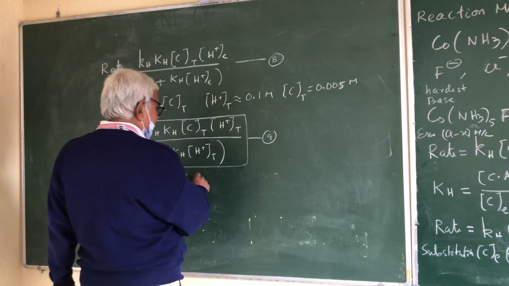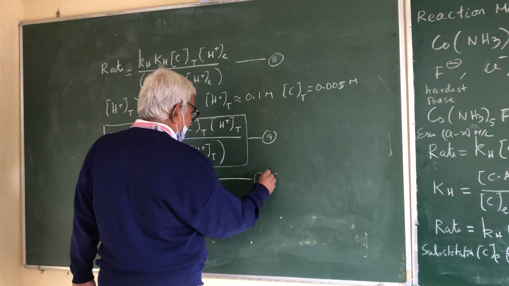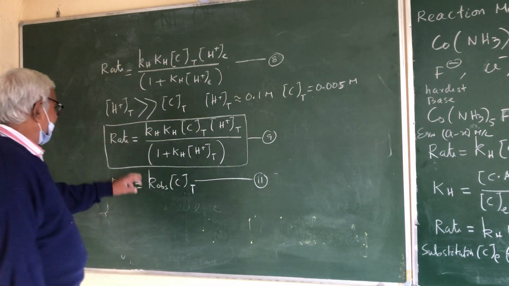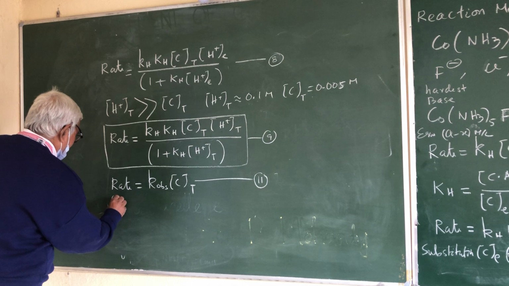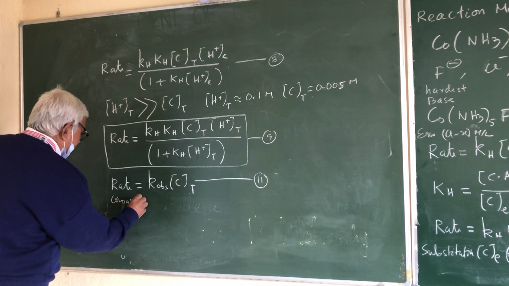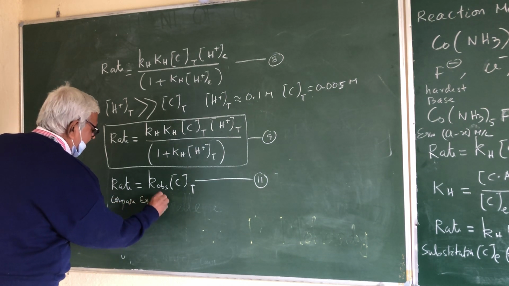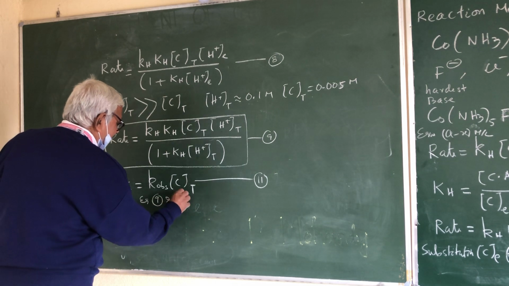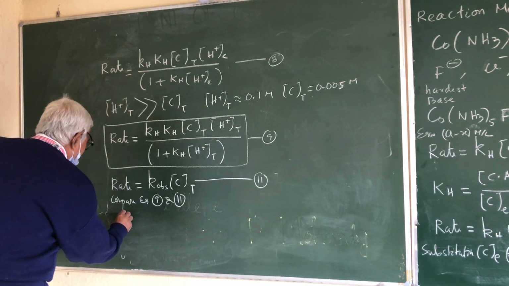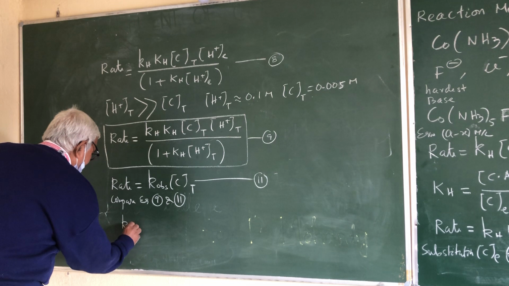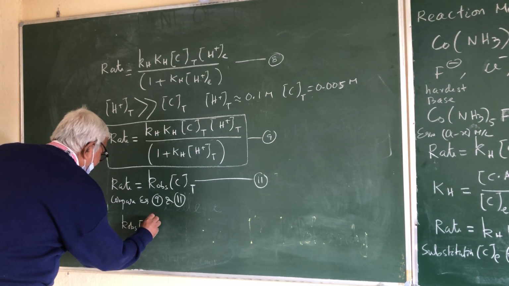This is equation 11. If you compare equation 9 and 11, we can write k observed into complex total